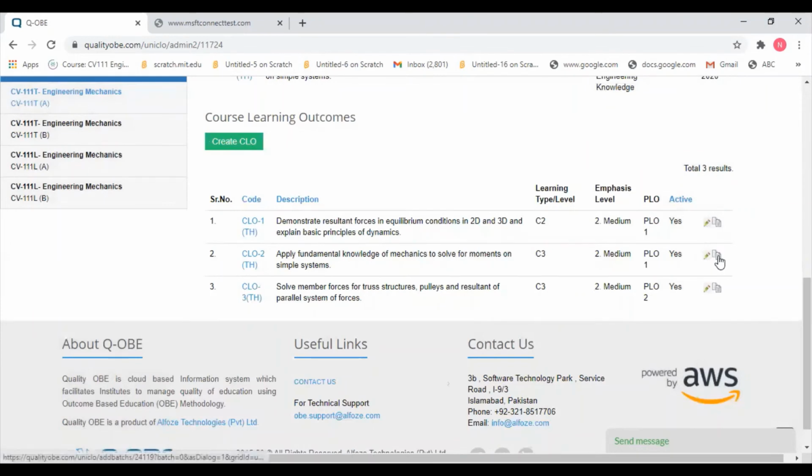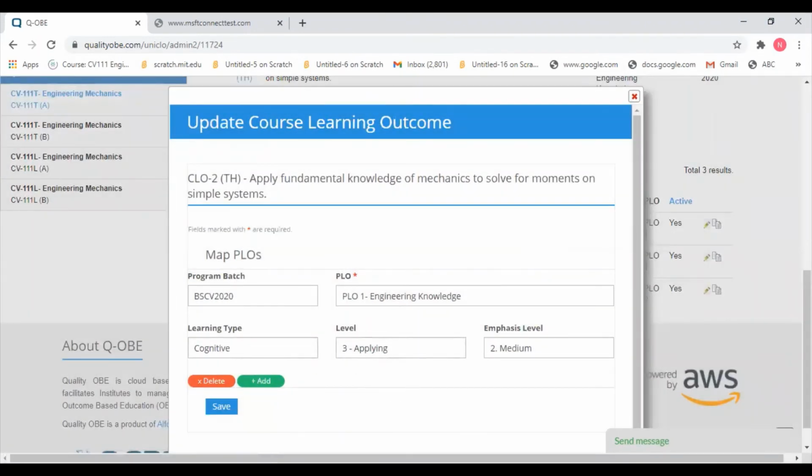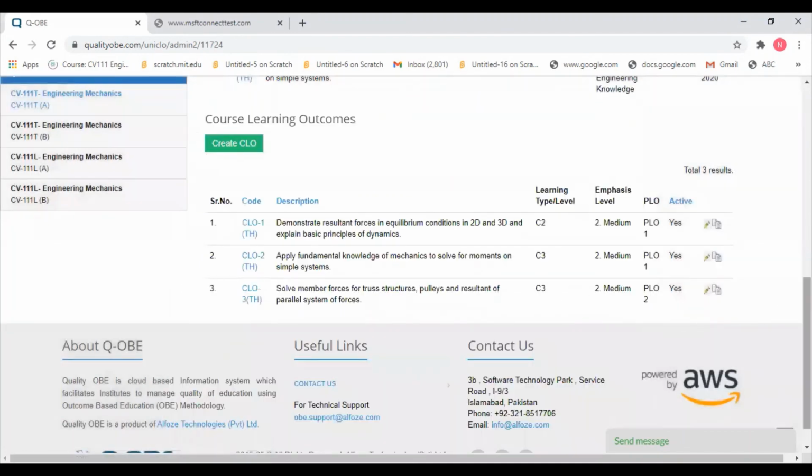And if I want to add program batch, map PLO, attach learning type, I have to click on this notepad icon, and the level is C3, applying. Okay, fine. It is level C3, applying, medium, everything is fine. So I have to click on the save button. It's okay.